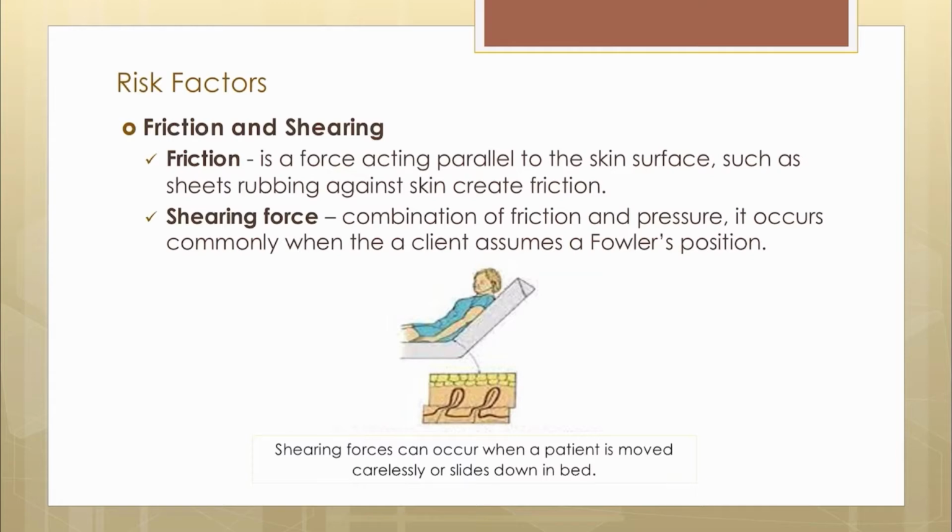At the same time, the skin over the sacrum tends not to move because of the adherence between the skin and the bed linens. The skin and superficial tissues are thus relatively unmoving in relation to the bed surface, whereas the deeper tissues are firmly attached to the skeleton and move downward. So this causes a shearing force in the area where the deeper tissues and the superficial tissues meet. So the force damages the blood vessels and tissues in this area.